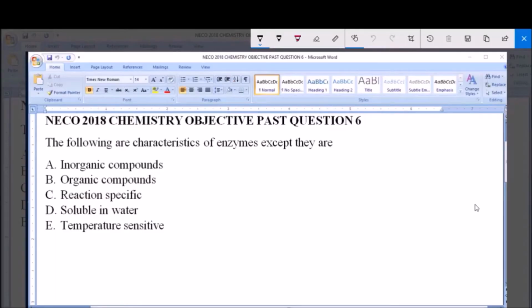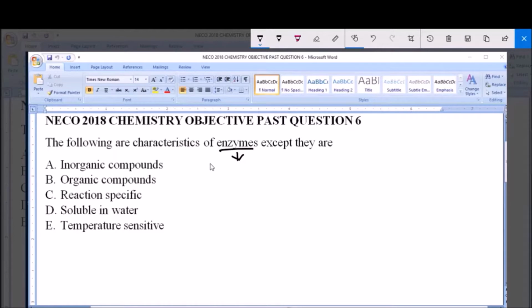These are characteristics of enzymes except they are A, inorganic compounds, B, organic compounds, C, reaction specific, D, soluble in water, E, temperature sensitive. So the definition of enzymes is that enzymes are biological